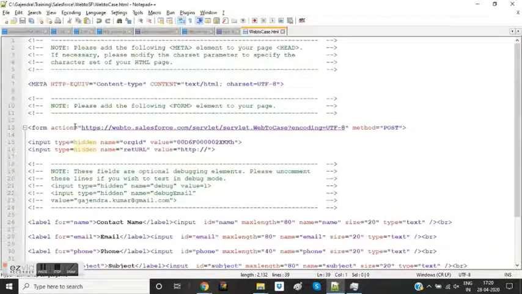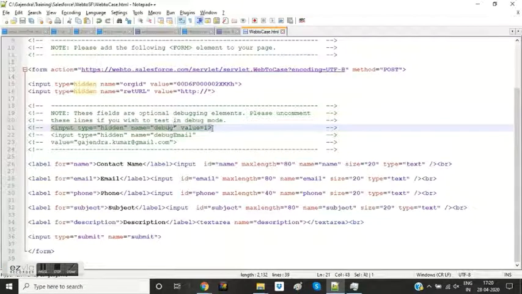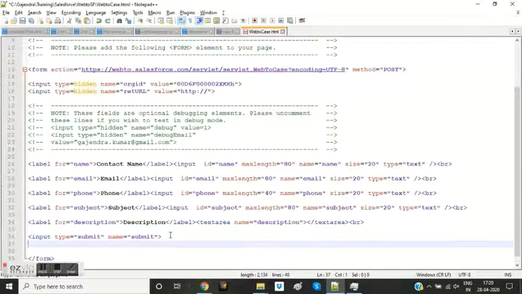It gives you a form with an action URL, and it gives you all the fields which we have selected in our pick list, which we wanted to be included in our form. Apart from that, it also gives us a few HTML tags in commented form. These tags can be used if we want to debug our process, if we want to see if the case is getting created successfully or if it has encountered any error. So let us put those sections over here.